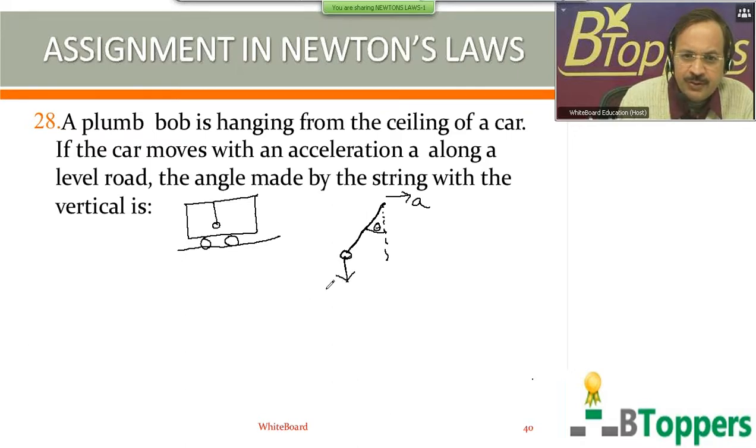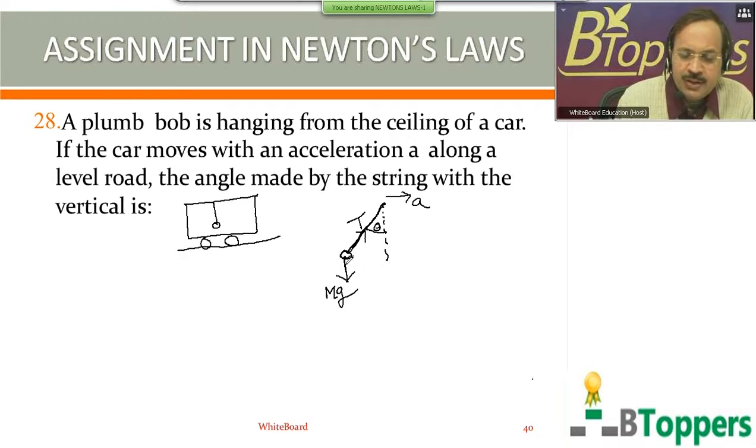That means with respect to a stationary observer on the ground. So two forces act on the bob. One is its weight mg, which is the gravitational force on the bob by the earth. Second one is the tension force by the string. Here capital T represents the magnitude of the tension force exerted on the bob by the string, which acts along the string and away from the bob. So only two forces act on the bob with respect to the laboratory frame of reference, which we consider as inertial frame of reference.